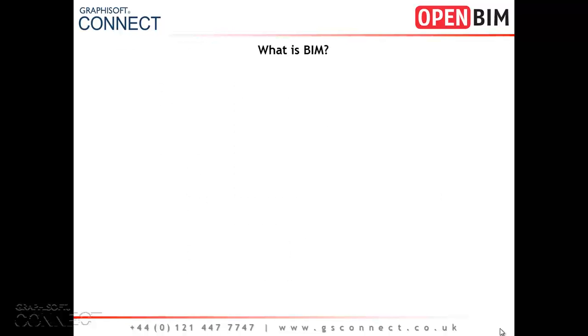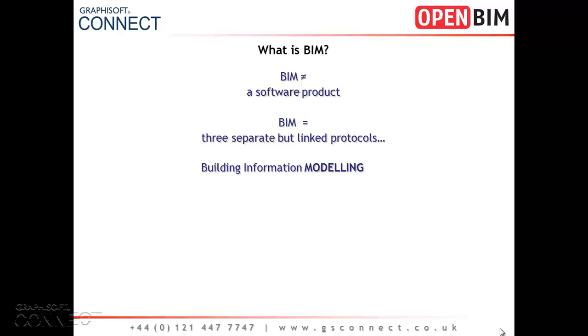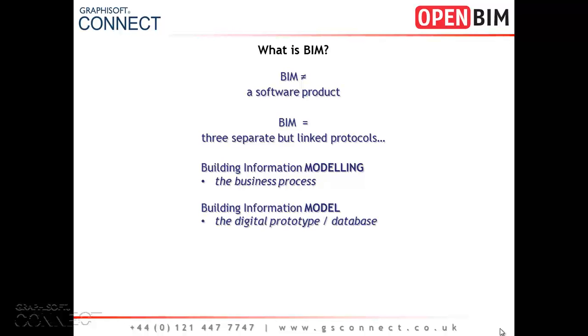First thing is, what is BIM? Well, really what we have to say is what BIM is not, and BIM is not a software product. BIM actually stands for three separate but linked protocols. The first term is Building Information Modeling, and this is the actual business process, the process of creating the database of intelligent information. There's then the actual building information model itself, and this is the electronic replica, the database that makes up the model. And then there's building information management, and this is the ongoing organisation and control of that